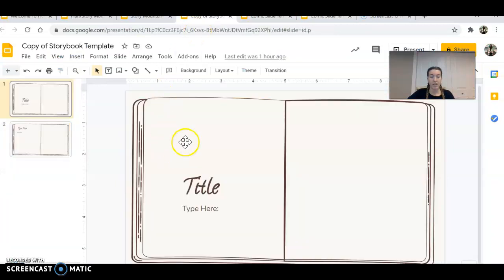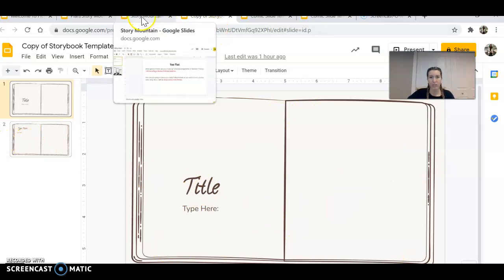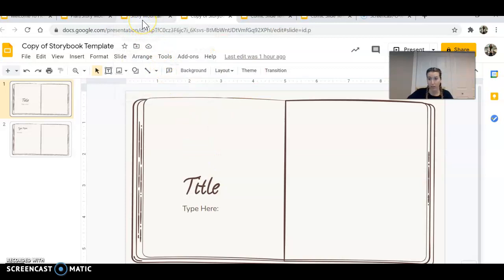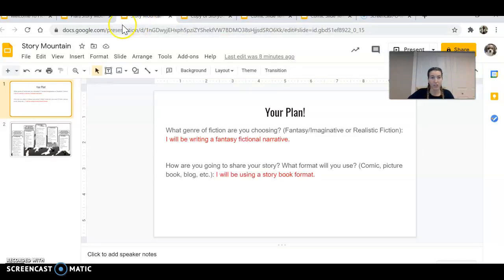And here is another option that you could use if you would like to make it look like a storybook, which is what I think I'm going to do for mine. You can insert text boxes and write your text on one side, put your pictures on another, put captions and pictures all over, and make it look like a storybook. So there's another option for you. And you don't have to use either of these templates. You could choose your own and create it yourself. That would be fine too.